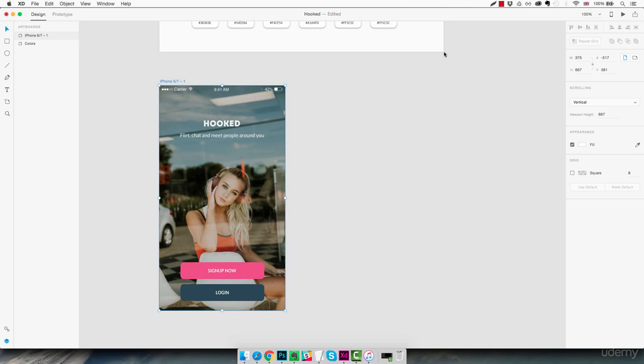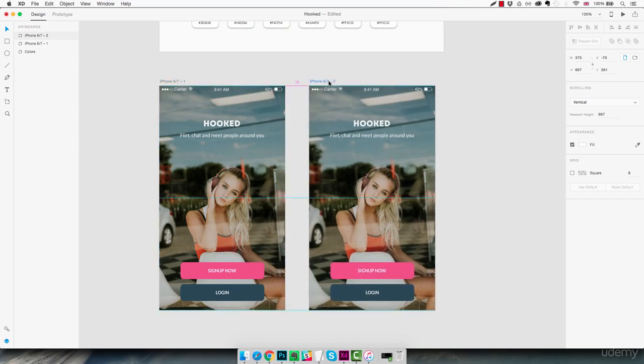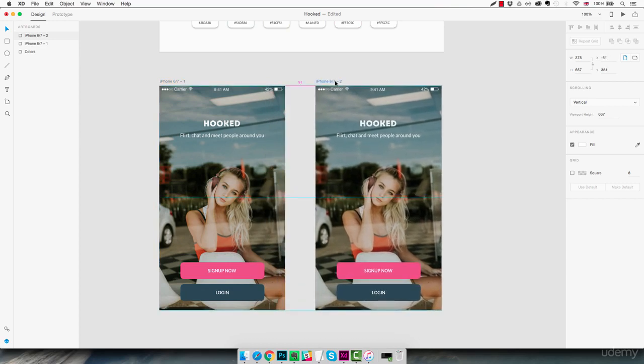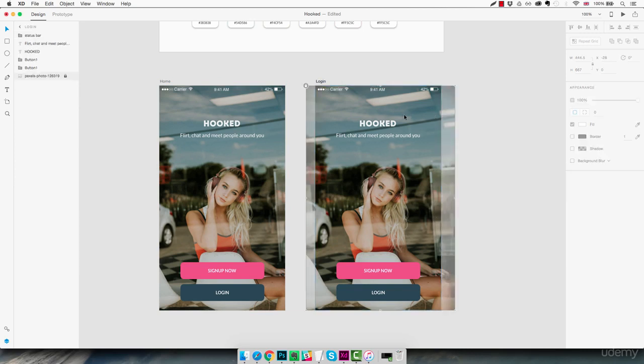In this lecture, we're going to create the login screen for our app. To do that, we're gonna duplicate the current home screen we designed in the previous lecture, and we just put it next to it. Actually, let me rename the name of each artboard so we don't get confused. Alright, so on our login screen we're going to select every element that we have and we're going to remove